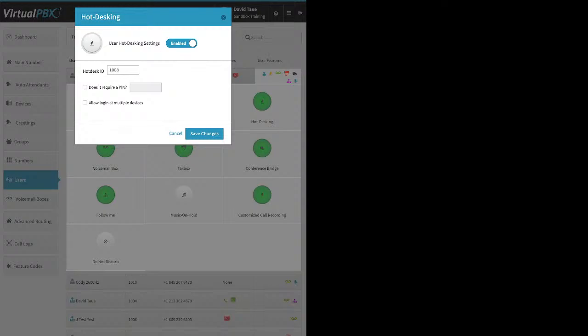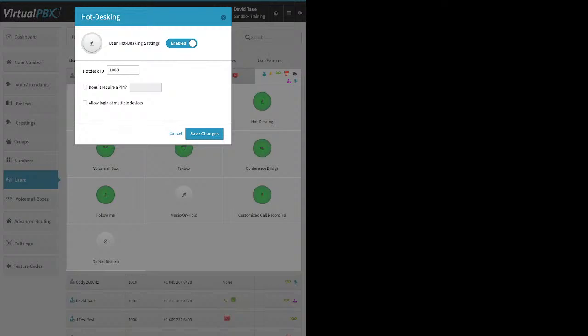It will ask him for his hot desk ID. He enters that and then tells him that calls will now be sent to this device. Right? So now for the rest of his workday, someone dials his user, it's going to ring at desk number 7. Same if he's in a queue or in a group, it's going to ring at that phone that he's